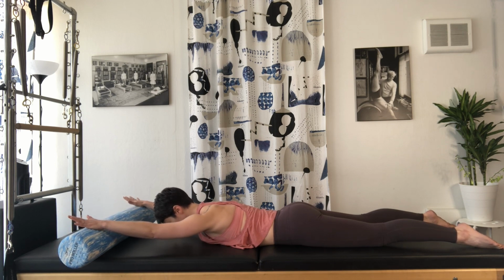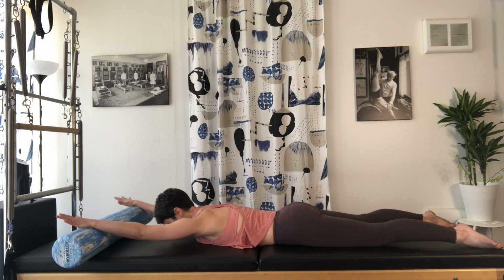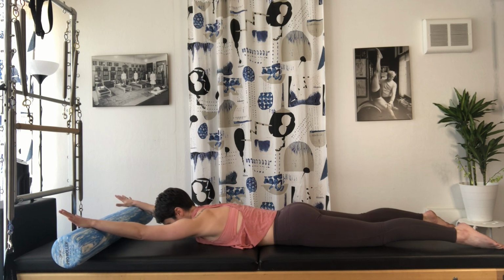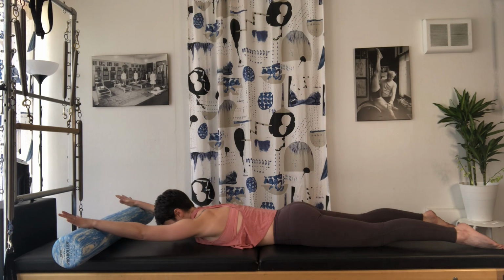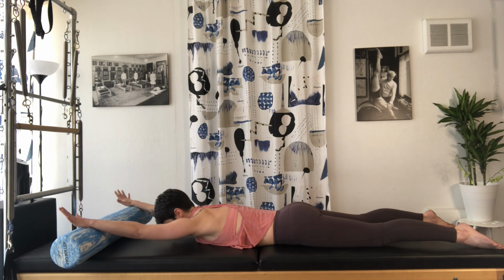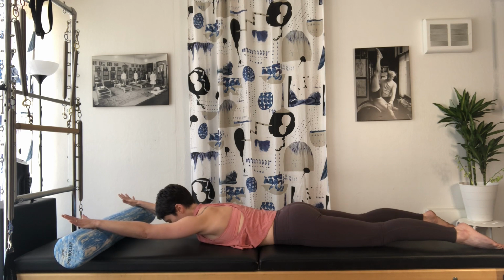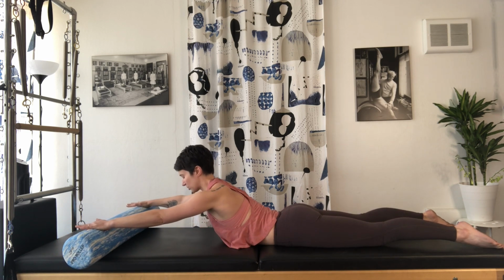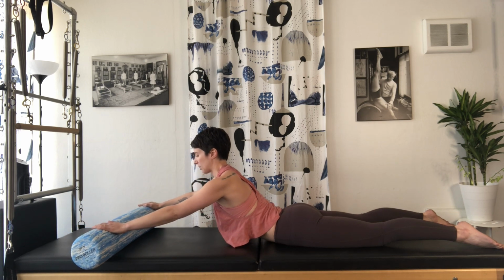So in this nice little mobilization exercise for the shoulder blades, I'm also going to see if I can check in with my pelvic alignment, making sure my hip points and my pubic bone are equally pressing into the mat. Belly button is a little bit lifted, ribs are soft. Next time the shoulder blades come down, I'm going to continue to draw them down. I'm going to begin to press into the roller and roll it towards me and come up into a nice,